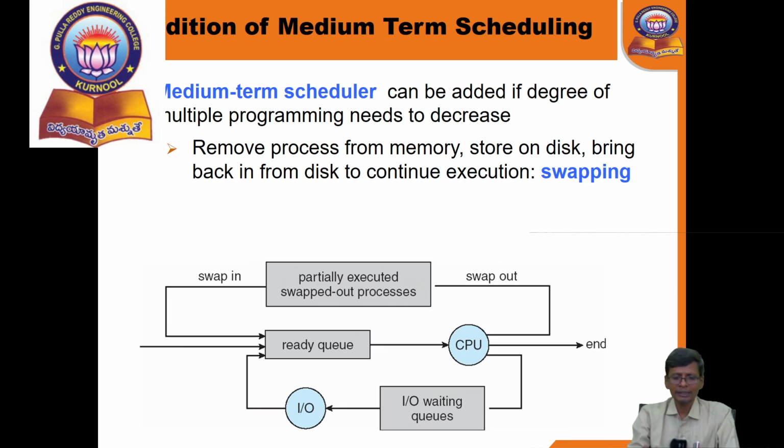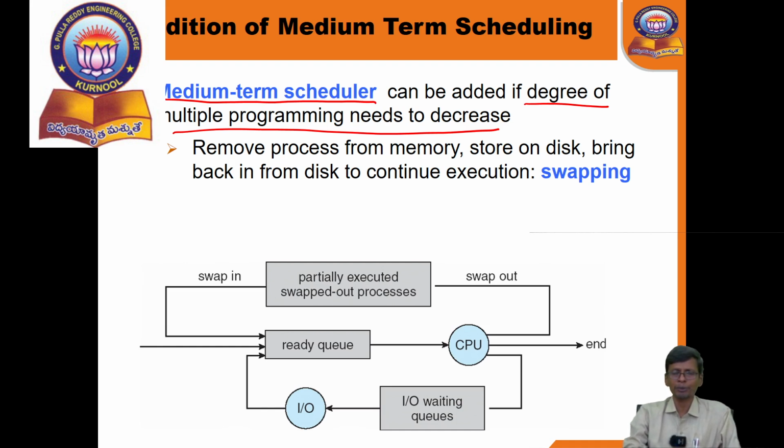So just now we discussed the two types of scheduler: the short term scheduler and the long term scheduler. There is another type of scheduler called the medium term scheduler. This scheduler is used for decreasing the degree of multi-programming. Why do we have to decrease the